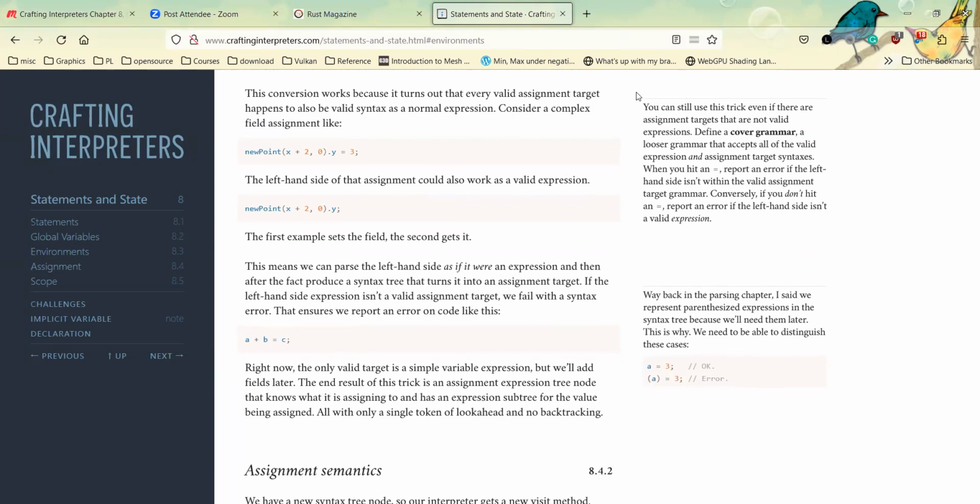I think we talked about this a few weeks ago, but just to have your grammar accept certain kinds of syntax that won't actually run correctly, so that way you can have a special case when either your interpreter or your parser encounters those tokens to then give a better error message.